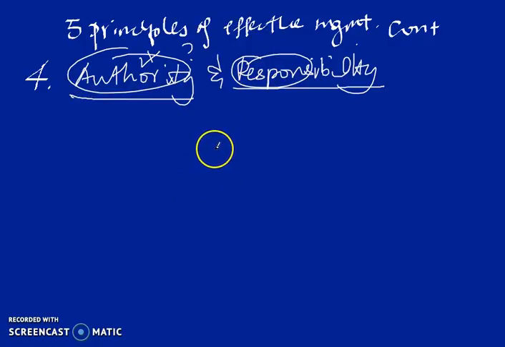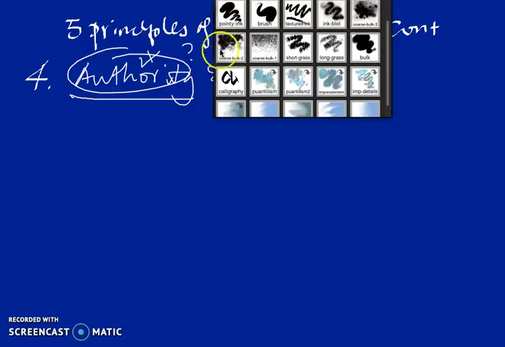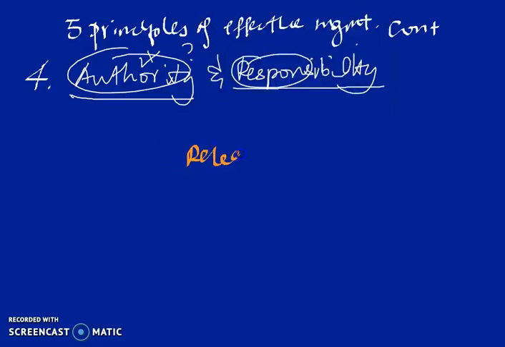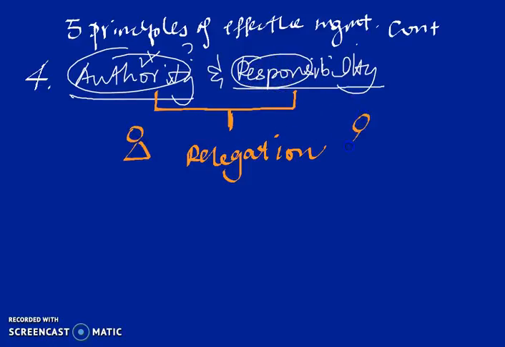But sometimes there is too much work and managers would assign tasks to someone else to do it for them. And when they do so, they delegate authority to the worker. Let me use another color. So, delegation. Delegation is a concept that refers to the transfer of authority and responsibility from one person to another person. Okay? The transfer.